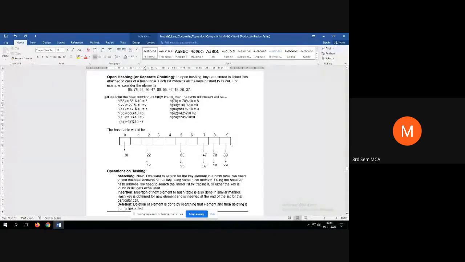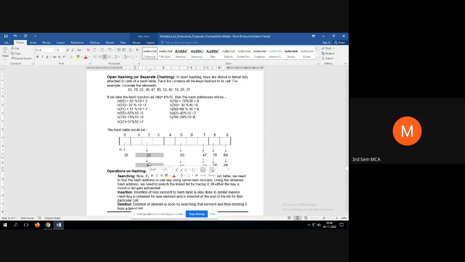Now see here, you have 22 mod 10, remainder equal to 2. It should be stored in the second index. That is fine. You can see here there is 22. At the same time there is also one more element, that is 42. You can see here 42 % 10 is equal to 2. So that means 42 has to be stored under the second index.